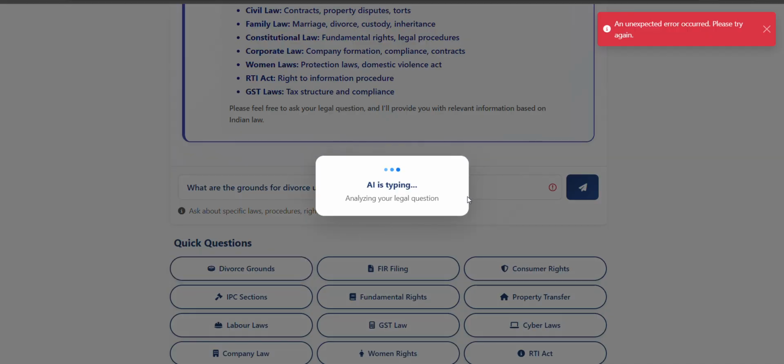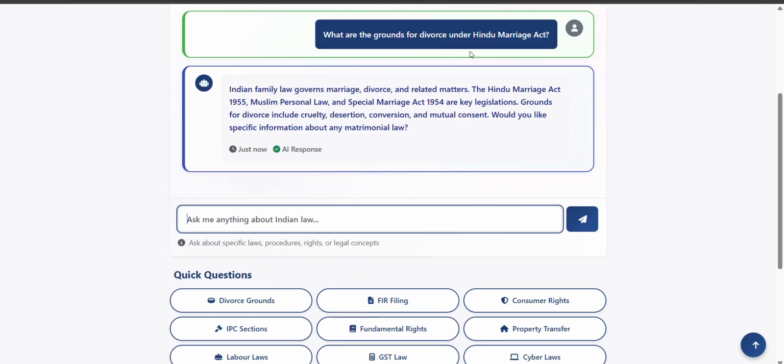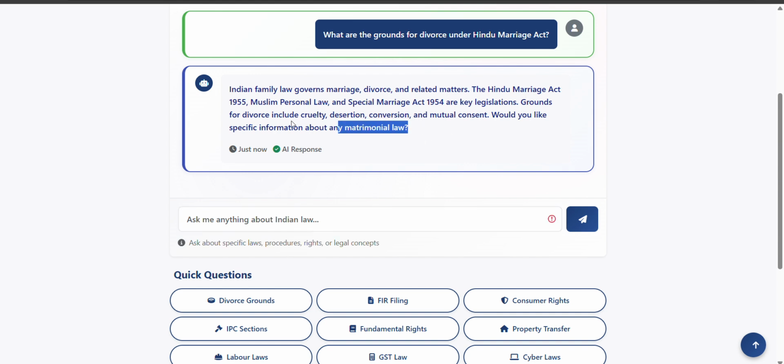We are going to check the divorce grounds. It will check the question we asked and give a particular response based on it. We asked the question: what are the grounds for divorce under the Hindu Marriage Act? Indian family law governs marriage, divorce, and related matters. So it's going to give us